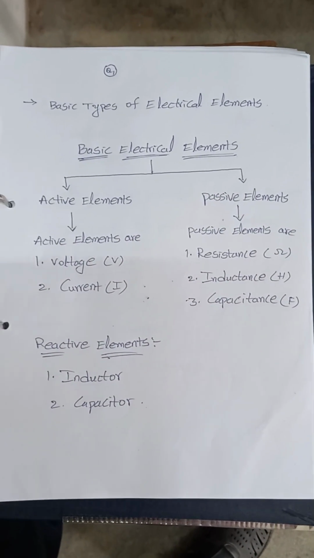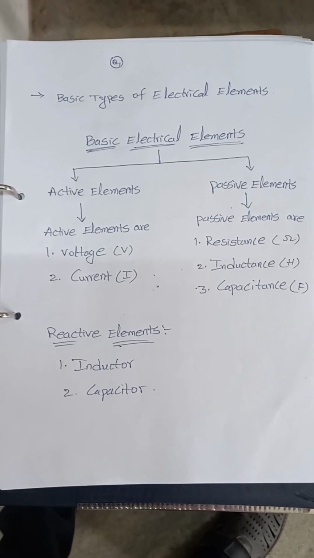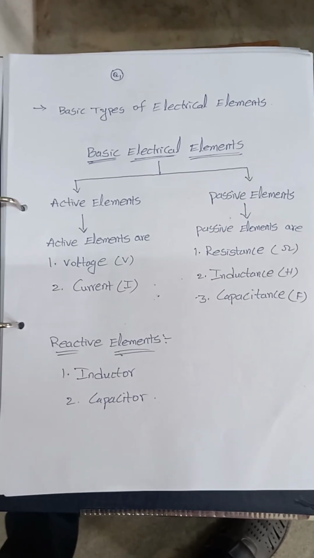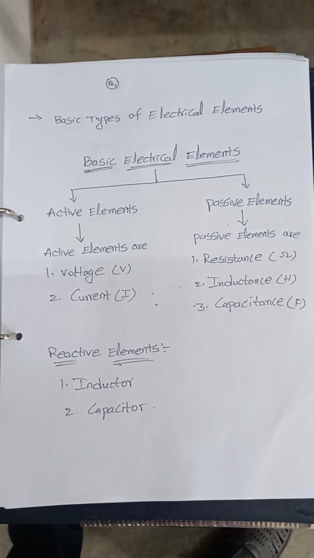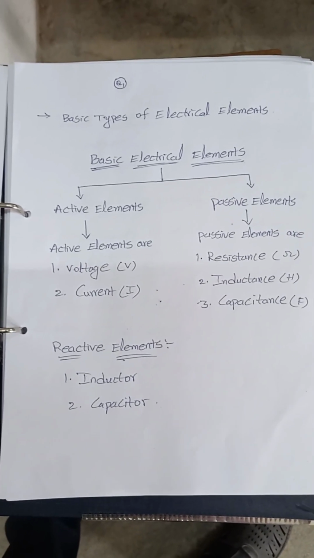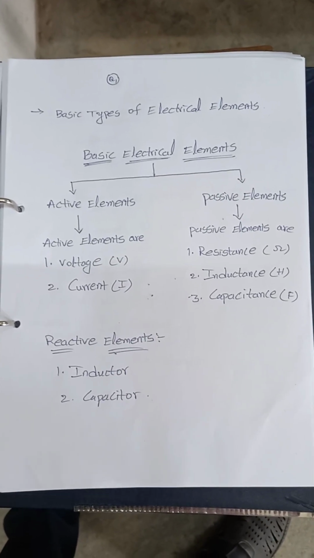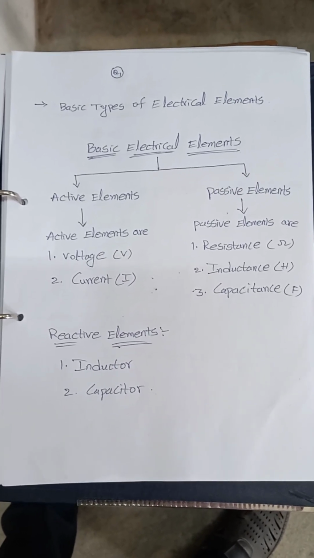Out of 50 bits, we are going for the first question. That one is basic types of electrical elements. Sometimes you don't know what the active elements and passive elements are. Even though you know the answer, you will be unable to answer it in your external exam, because here